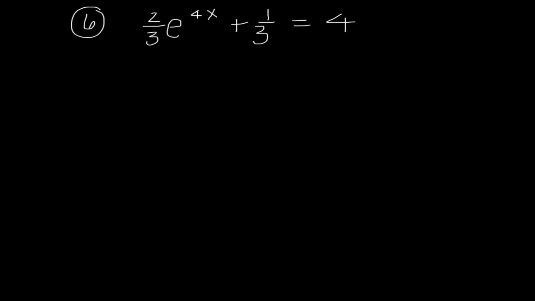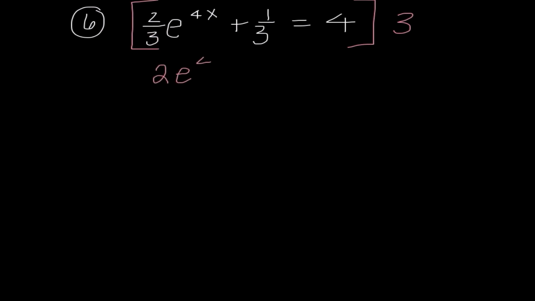Number 6 looks tough for a few reasons. First of all, we have fractions. Secondly, I have this number e. Okay, so I'm going to work with the fraction first. I'm going to get rid of it, because why should I even work with it? So I'm multiplying everything by 3. The reason why I'm choosing 3 is because that is our LCD. So when I distribute that, I end up getting